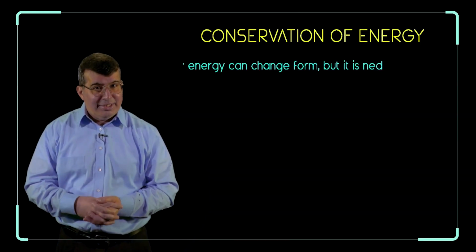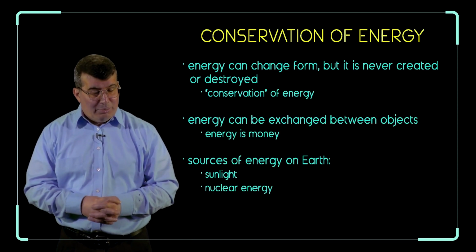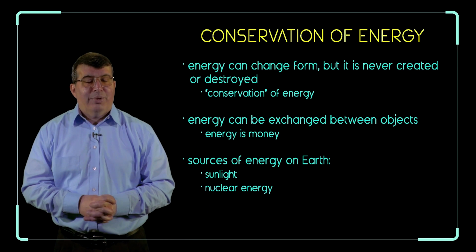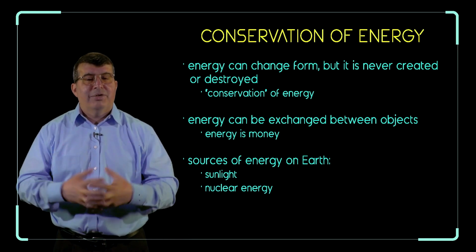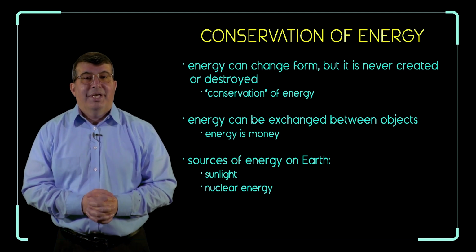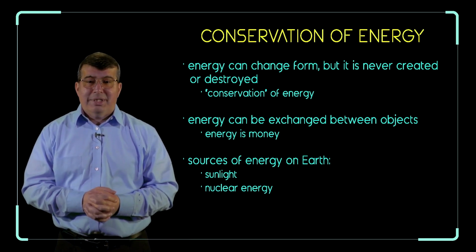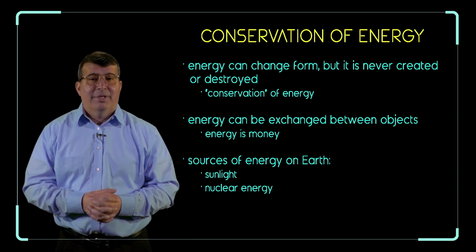But where does that energy ultimately come from? There are really only two ultimate sources of energy on the earth, and those are sunlight and nuclear energy. And sunlight is the only renewable one. From the sun we get radiant energy. We get a lot of radiant energy from the sun. In fact, the radiant energy that we get from the sun is more than 10,000 times the amount of energy